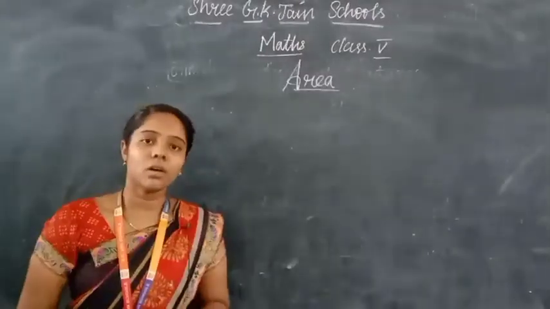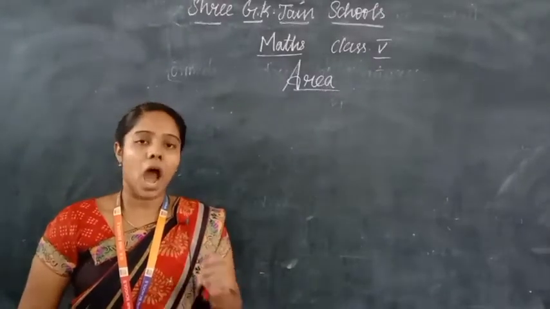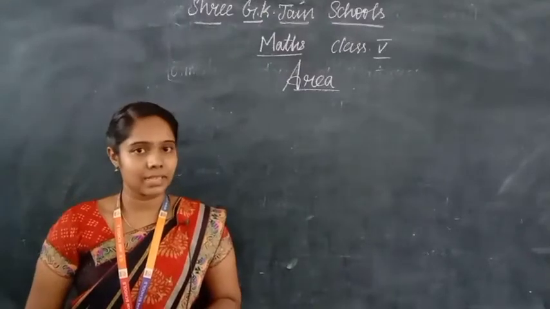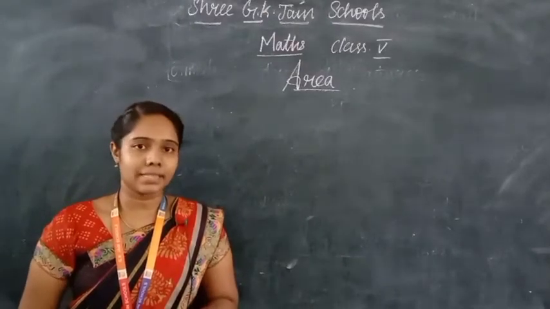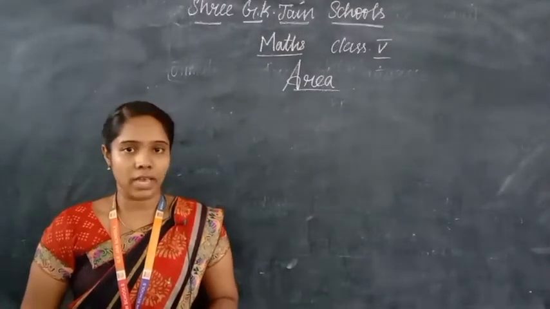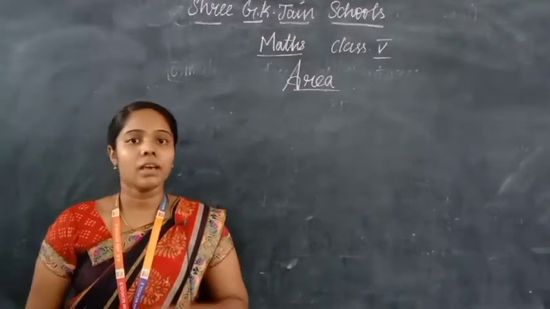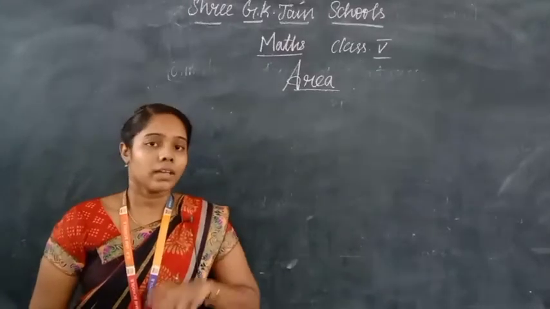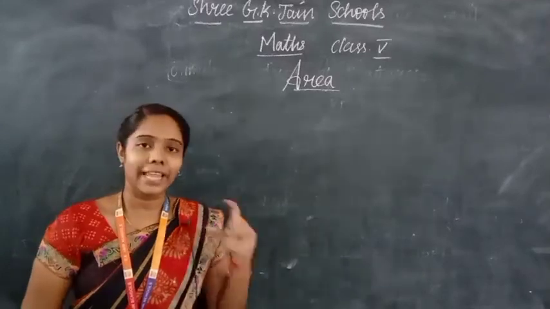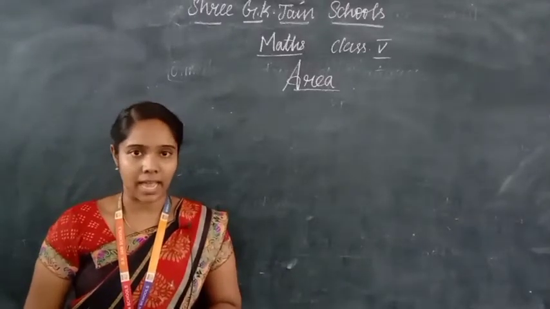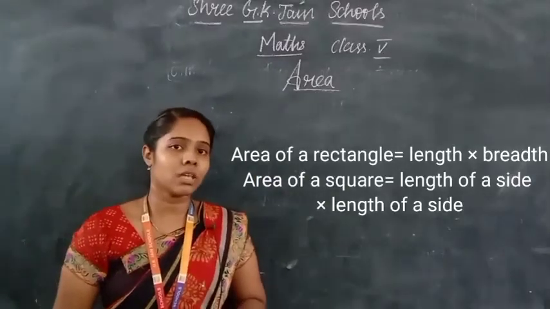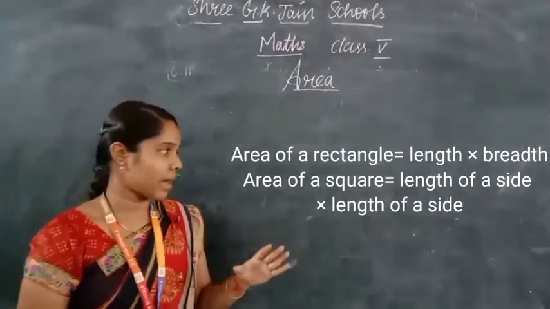Right. So now you have understood how to find the area of a rectangle and square. It is not necessary to divide the square or rectangle each time into 1 centimeter squares to find the area, right? We have found the formula for the area of square and rectangle. Using this, we can easily substitute the values. You can put in the values and easily find the answer.